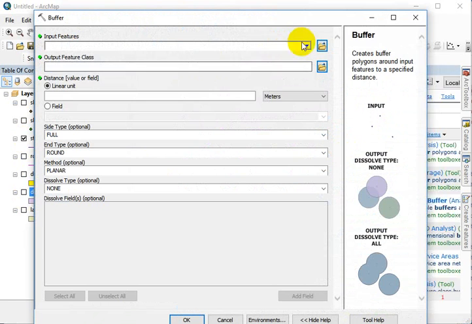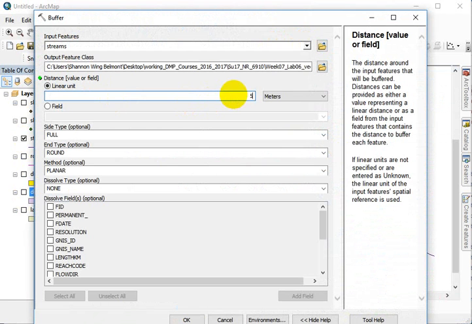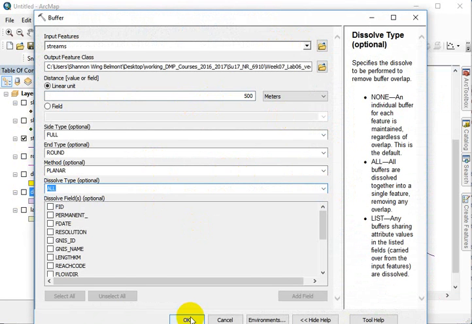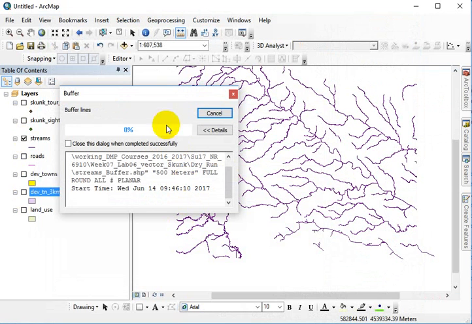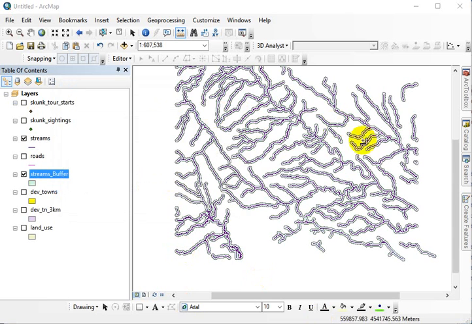You should be able to do this without any help. We're going to input our streams, put in 500 meters. Let's go ahead and dissolve all again just to keep things presentable. Might take a minute. Okay, and when that finishes, you get a little buffer around our stream area,